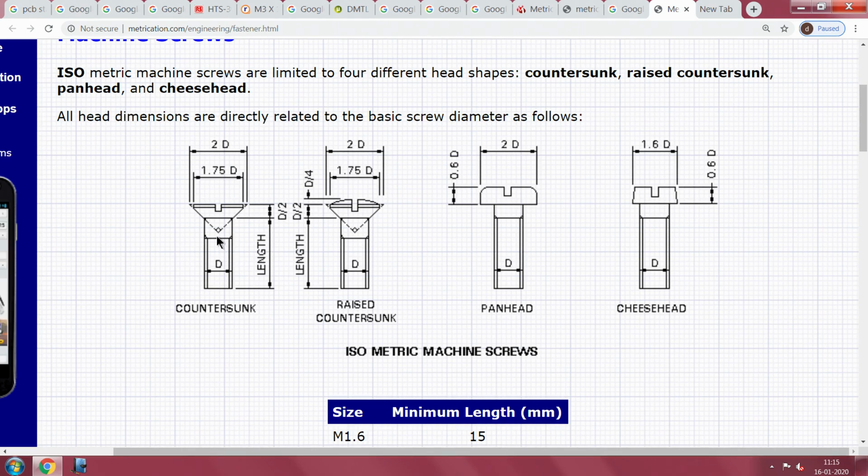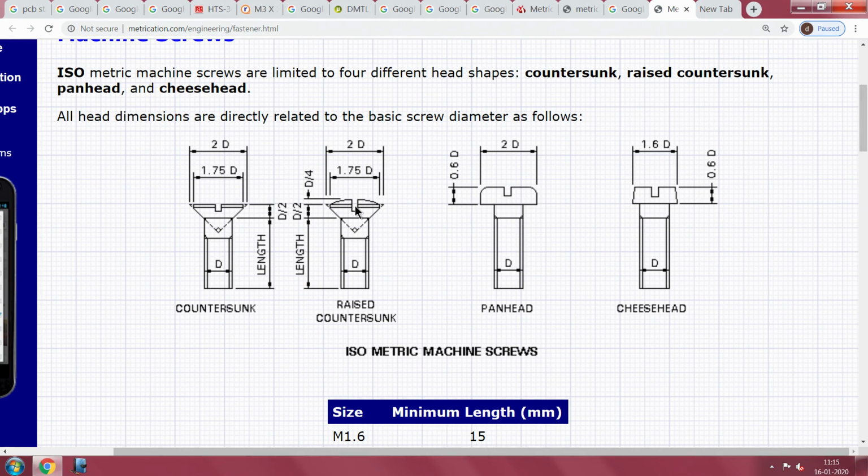So, you require what is called a cage nut. Cage nuts are slightly difficult, and added to that we have another problem: it is very difficult for us to put a normal screwdriver into this. Chances are it will scratch the surface. Hence, things like this, raised countersunk, have come.